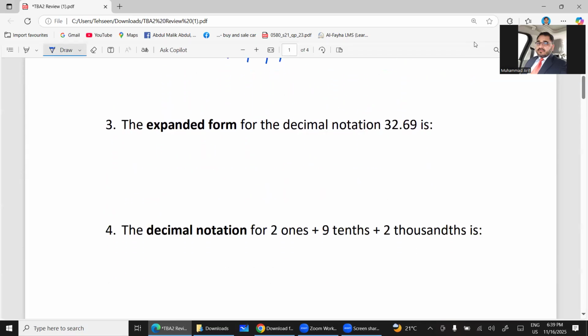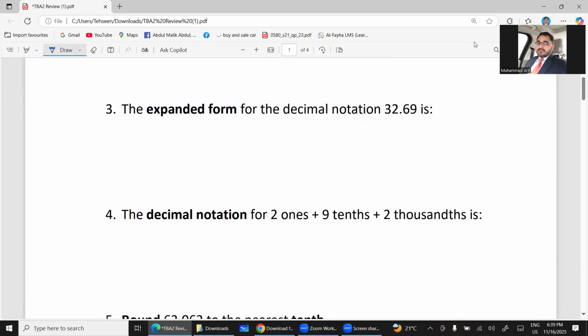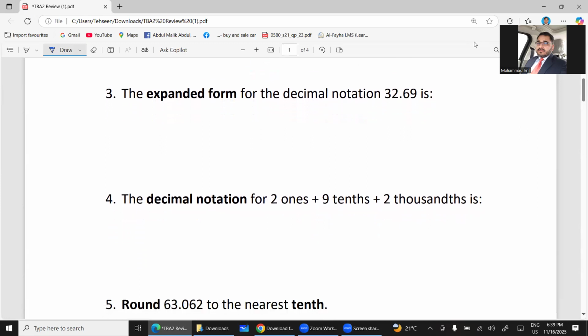Question number 3 is the expanded form for the decimal notation. In expanded form, here before the point, this is ones, this is tens: 2 ones, 3 tens, 3 tens will be 30, plus after the point 6 tenths, 6 tenths is 0.6, and 9 hundredths, that will be